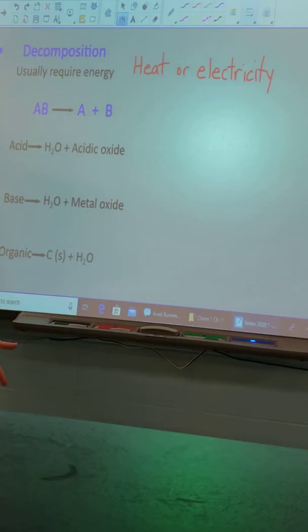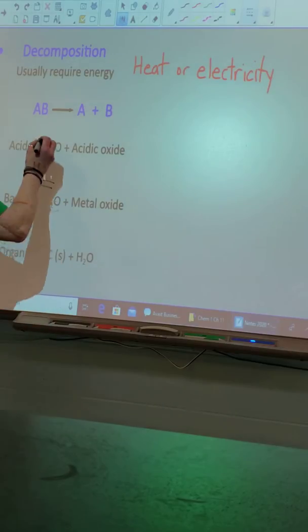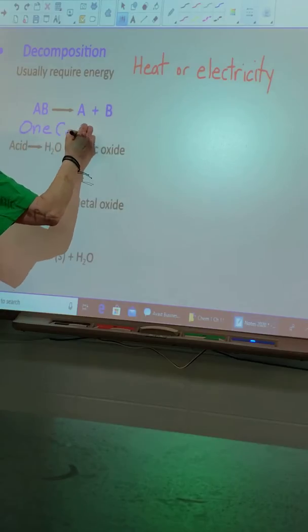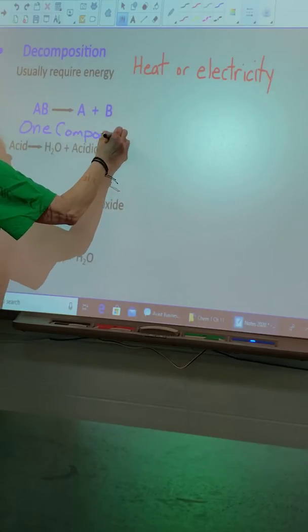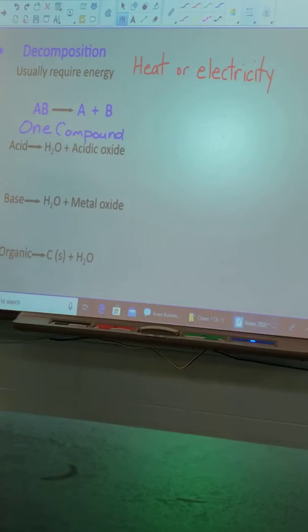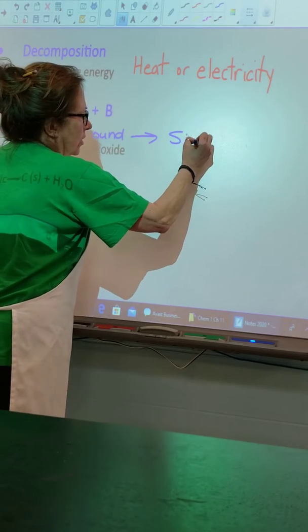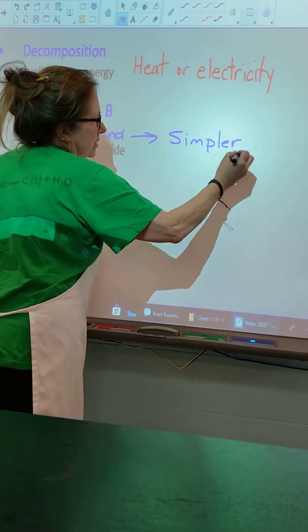The general form of decomposition reactions, you have one compound on the reactant side. Remember synthesis, you had one compound on the product side, so this is kind of the reverse of that. So you have one compound on the reactant side, and it breaks up into simpler substances